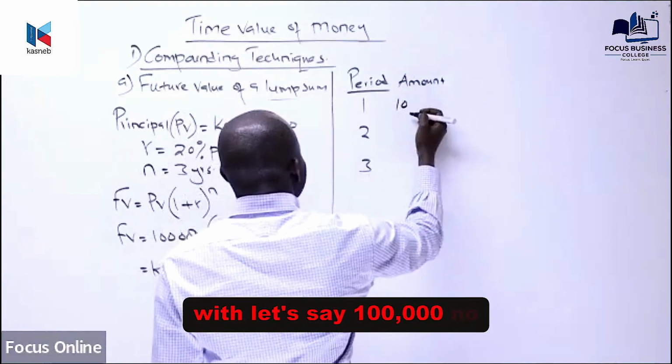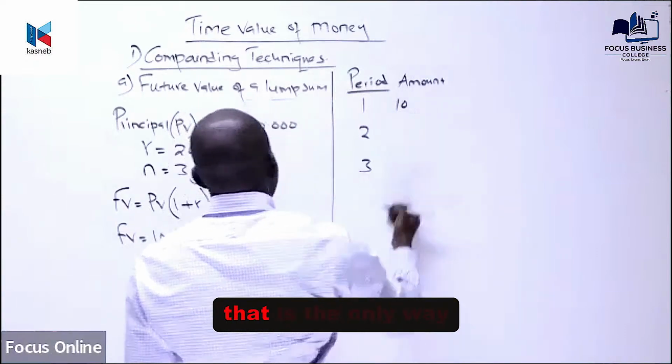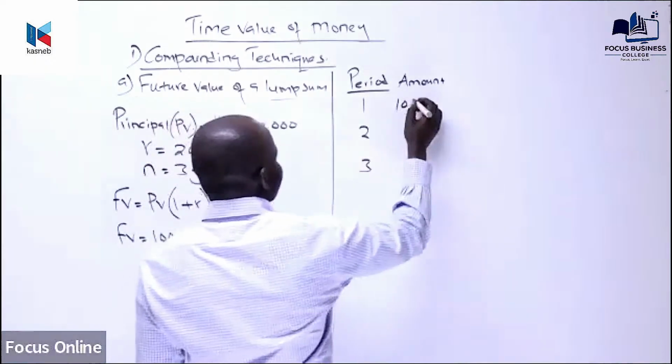Let's say 100,000. No, will that give us? No. No, that is the only way. Okay. The other method is where we say,